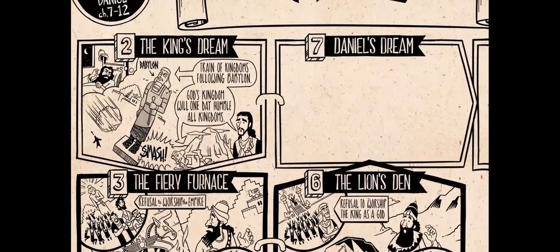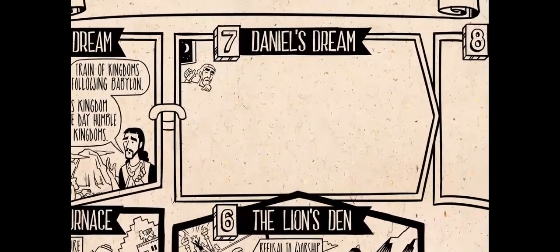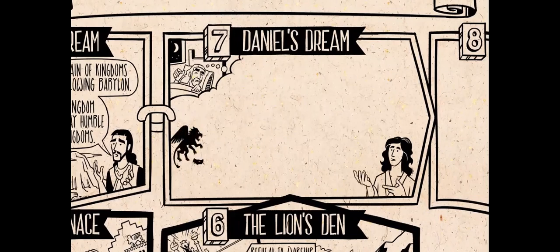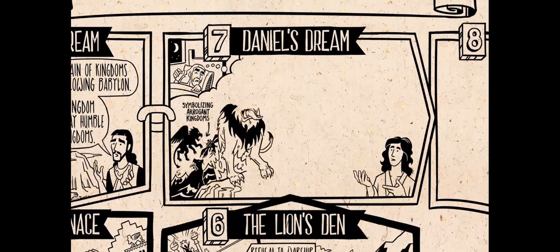It's the pair of chapter 2 and the center of the book where all its themes come together. It's another dream, but it's Daniel's this time. And ironically, he can't understand the dream until an angelic messenger explains it to him. He sees a series of four beasts, one like a lion, then like a bear, then one like a winged leopard, each of these symbolizing an arrogant kingdom. And last of all is a super beast, identified as a really evil empire, and it has lots of horns,